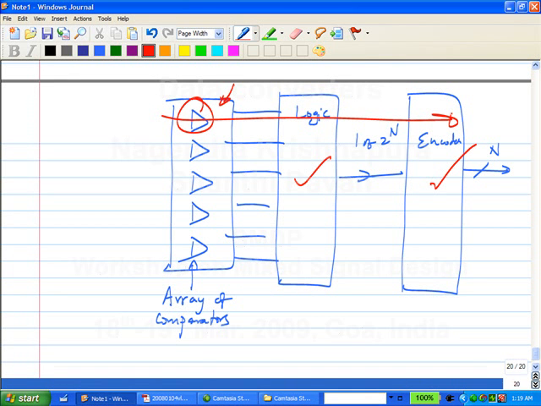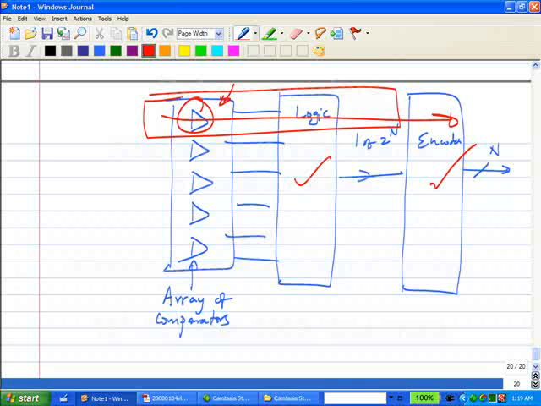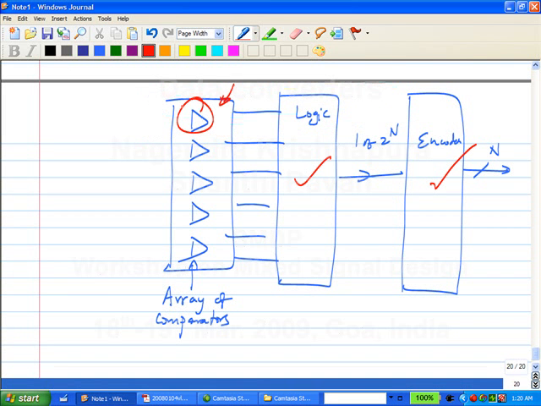So the design usually proceeds as follows. You just design this part and then copy and paste it so many times, and then you take this 1 of 2 to the n code, push that into an encoder, and out comes the bit. So the crucial thing is therefore to look at the comparator and see how we realize this using transistors. So we'll see that in the